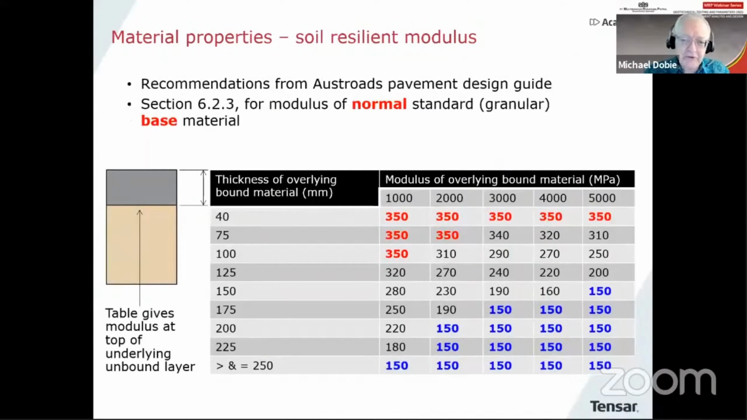tabulation coming from the Austroads Pavement Design Guide, which is giving you a table of resilient modulus values for what are called normal standard granular base materials. And again, it's in a similar way. In this case, we have the modulus of the overlying asphalt layer on the horizontal part of the table, and the vertical part on the left side is the thickness of the overlying bound material. And you can see then that the